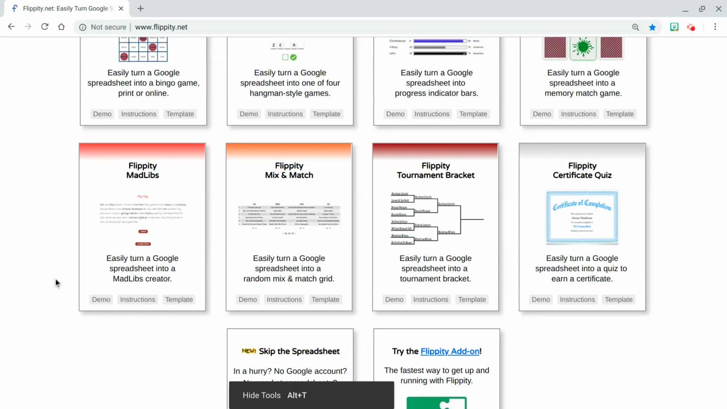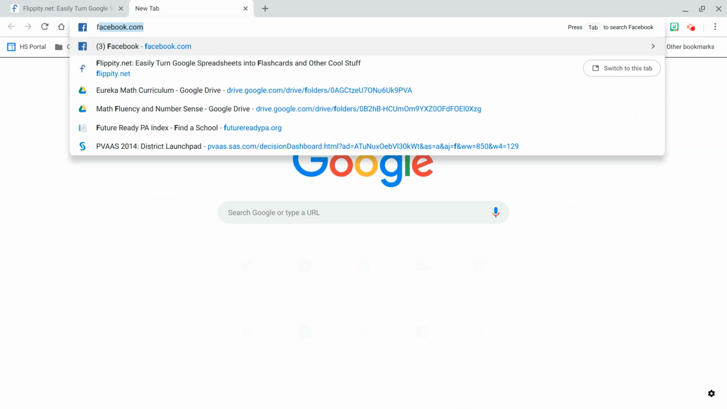Let's take a look at how to use Flippity MadLibs and Google Forms. We're going to combine the two so that kids can submit a story to a Google form and have it automatically appear in the MadLibs for Flippity. All right, so the first thing we're going to do here is create a new